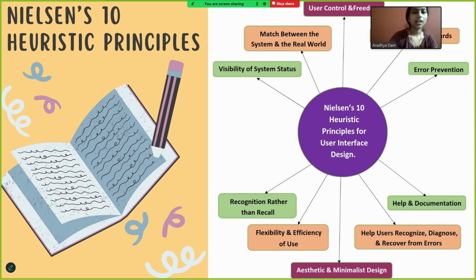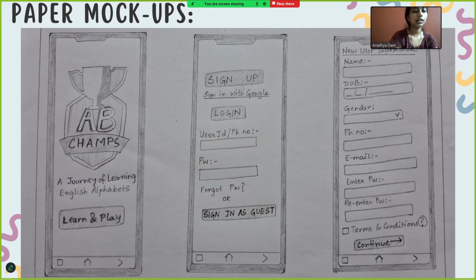Hello, my name is Aradhya and I'll be discussing Nielsen's 10 heuristic principles for user interface design. We evaluated our design using Nielsen's 10 usability heuristics, a set of principles for user-friendly design. For example, visibility of system status. Our app gives real-time feedback so the user knows what's